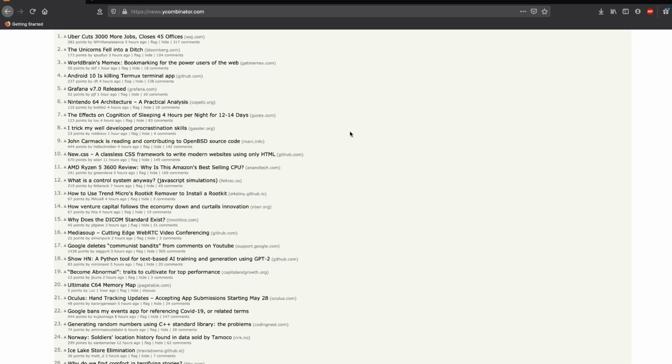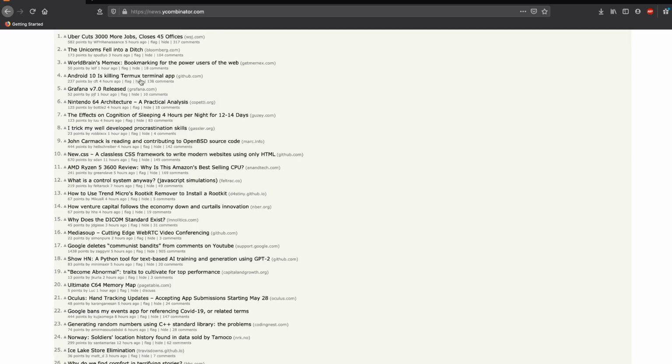There are a lot of different ways you can use to collect data, and one of the most popular ways is that a lot of companies offer an API, most probably REST API, or in recent days you would also see GraphQL, but we'll stick to REST API. A lot of companies offer a REST API for you to interact with and collect data. One such case is this very popular website on the internet called Hacker News. Usually when people want to collect data from Hacker News, especially if you want to do an automation to get it on your email or something like that, people tend to scrape it.